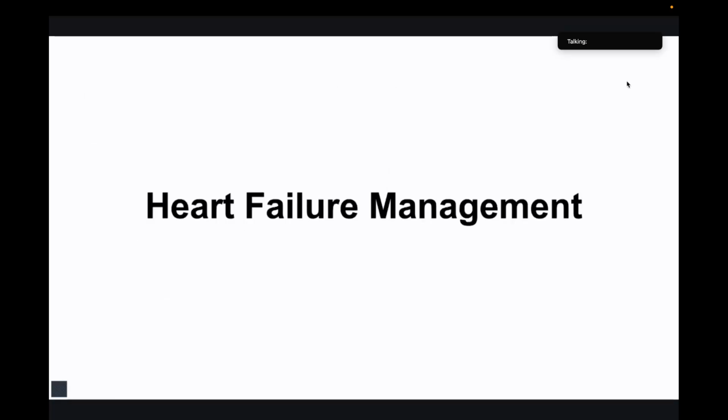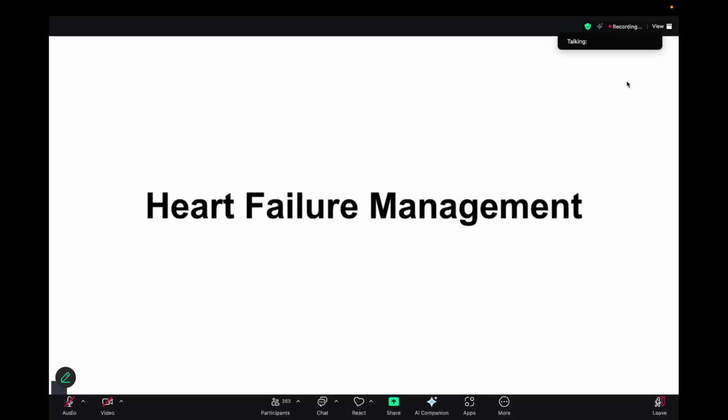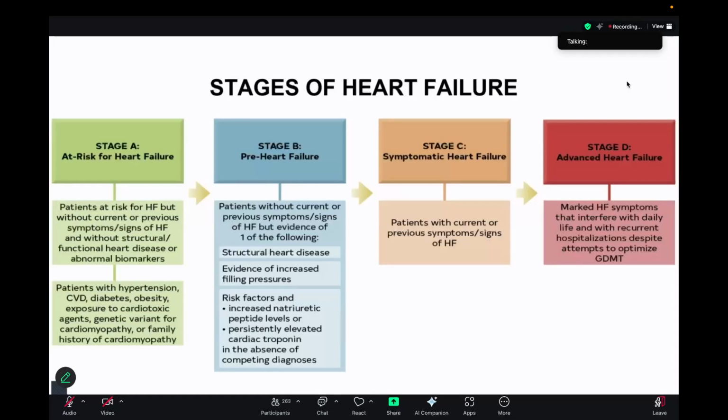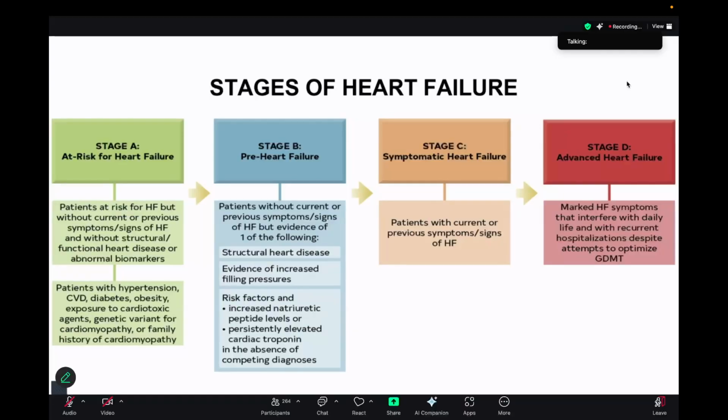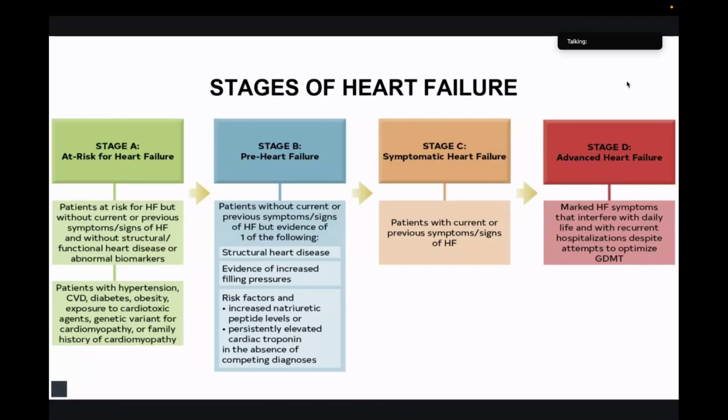Now we go on to heart failure management. So, the stages of heart failure. This is not actually in Harrison's, but I want to show you that we also classify heart failure patients into different stages. This is the American College of Cardiology, American Heart Association Heart Failure Staging System, which classifies heart failure progression into 4 stages. Stage A is at risk for heart failure,